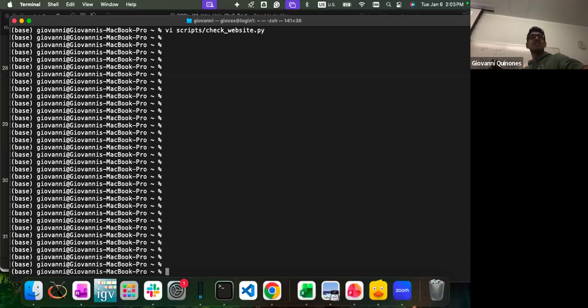Okay. So for those of you that are not super familiar with this, you can think of the terminal as your canvas where you can start typing any code that you want to perform. You'll always see your username over here, followed by @ and then the next part, which in my case says Giovanni's MacBook Pro.